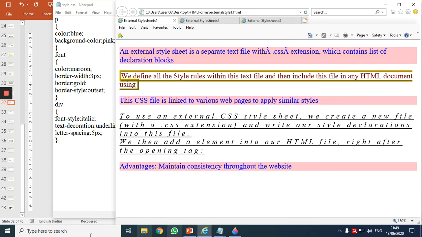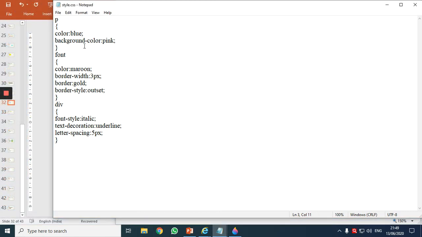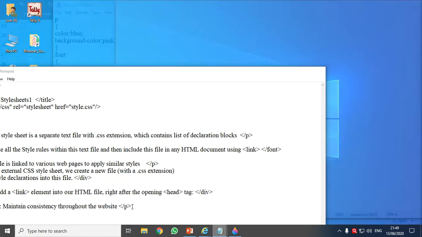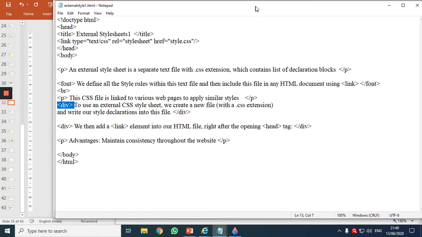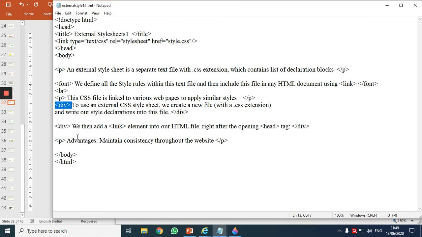Correct? Right? So we are able to understand how external CSS should be applied. Now what we did, we created one single notepad where we have written all the formatting features, and we have applied those formatting features to our first HTML file using a link tag. I want these same formatting features to be applied to all my notepads. So what should I do? Correct. Easy. Now I should only copy the link, and where should I paste it?